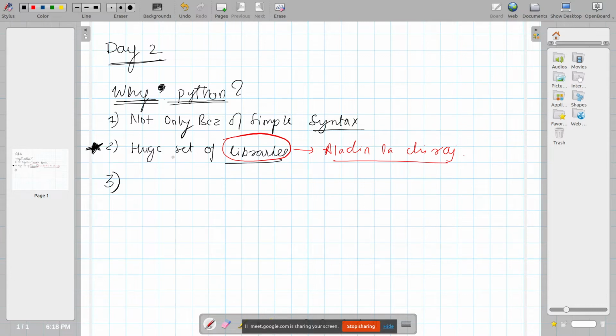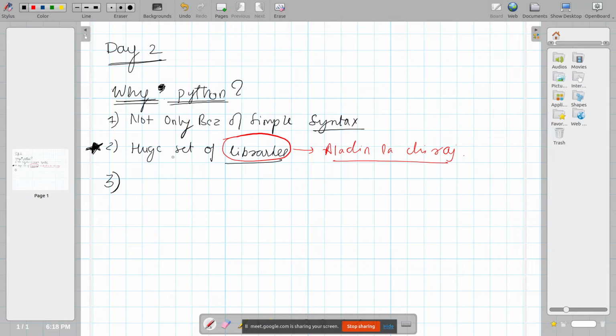Exactly what do I mean by that? It means that someone else has already written the code for you and you just have to use it. Just import it and use it inside your program, okay? So what is a library? It's basically code, a program that is written by someone else. If you want to use it, you can just import it, call it and use it. That's it. You don't have to write all the code.